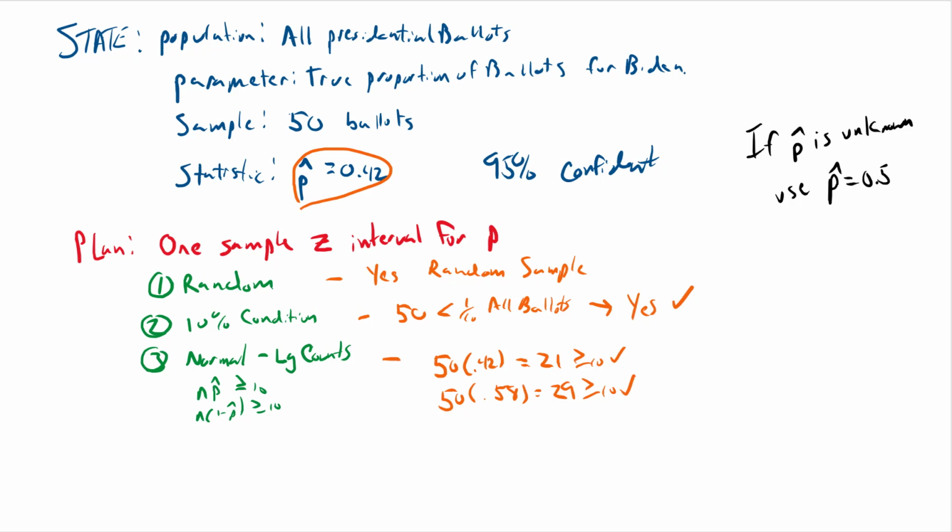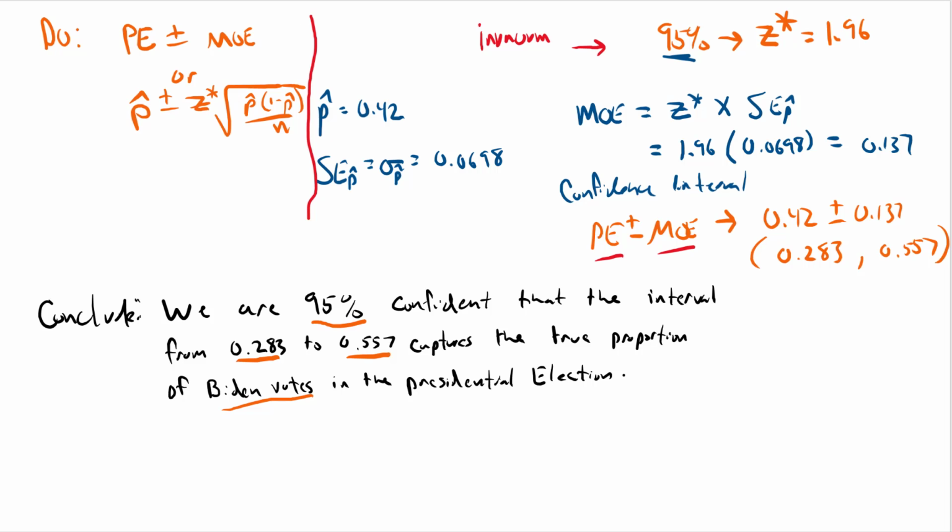Now also, one other thing is if you're ever solving for n, in which case, let's say you're in the do part and they give you all the information. They give you your p-hat data. They tell you your interval. They give you a confidence interval, and they go off of this, and they're wanting you to find your n value. Again, that is your sample size, right? Well, in this case, like we're talking about votes, you can't have a decimal of a vote, right? So always round up. Okay, so when you solve for n, if you ever have to solve for n,